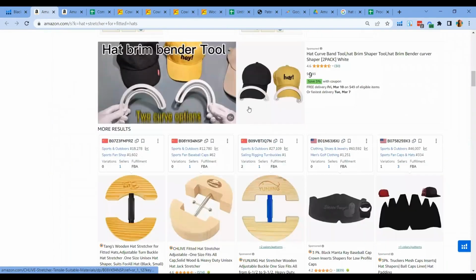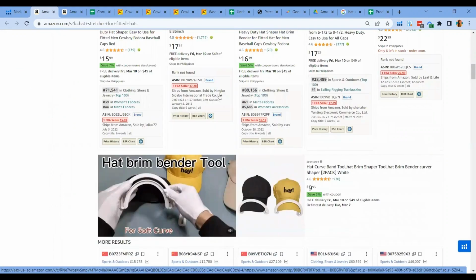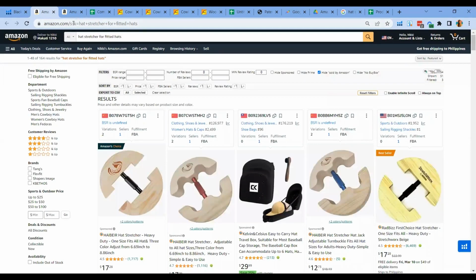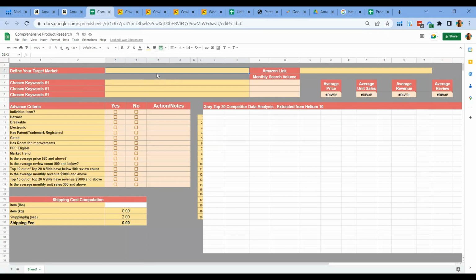And so let's see what the target market is for this type of product. We can see here that it's, let's say, hat enthusiasts or cowboy hat owners. The sooner you define your target market, the better it is for you to figure out what type of product you are going to find.